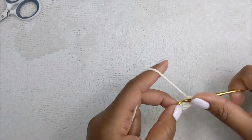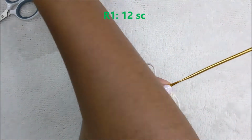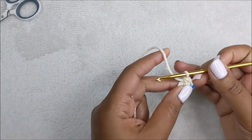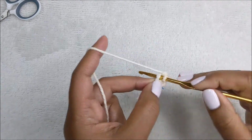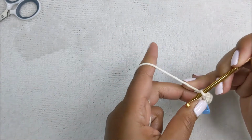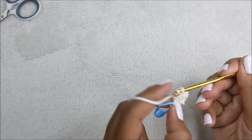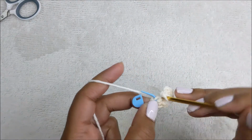That's 1, 2, and before I move on, I will grab my stitch marker and mark my first stitch so I know where I began. Okay, so that's 2, 3, and I'll try to work over my tail. 4, 5, 6, 7, 8, 9,